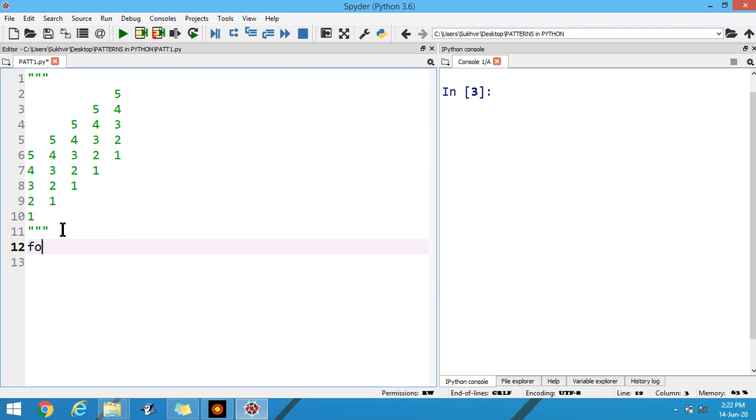Suppose I write here for i in range(5, 0, -1). Suppose reverse values are there.